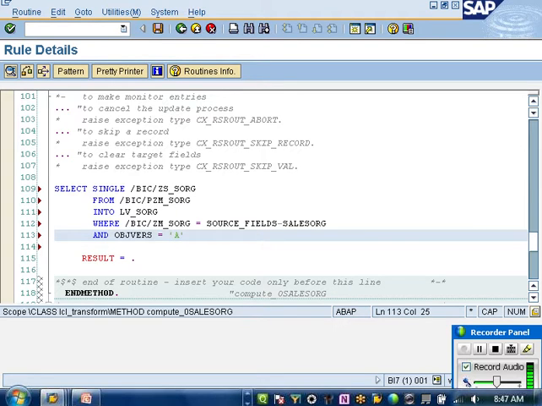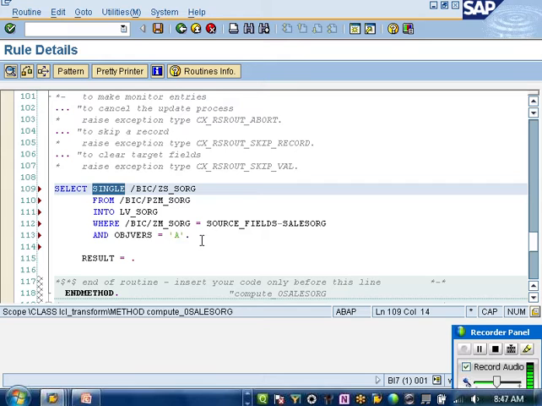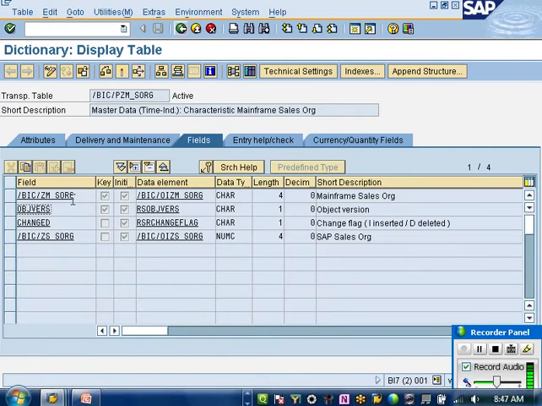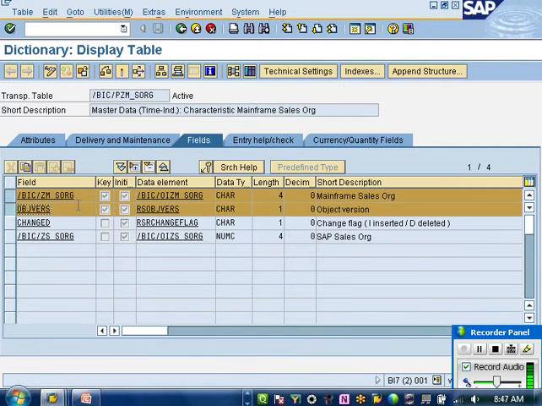Why I'm explicitly putting that is because when you say select single, your where clause must be on the complete primary key, otherwise single will not be allowed. Now what is the primary key on this table? Both these two. So you must have where clause on these two, only then select single will work. Because only when you have where clause on a complete primary key, it returns only one record. That's where I can use single.